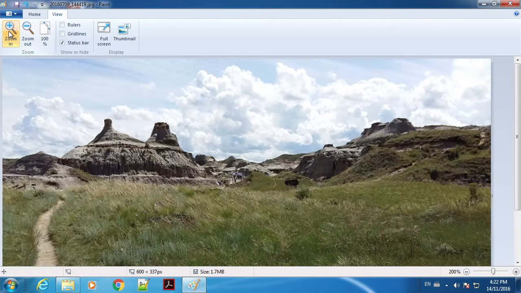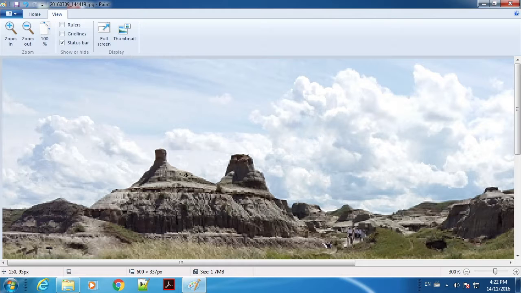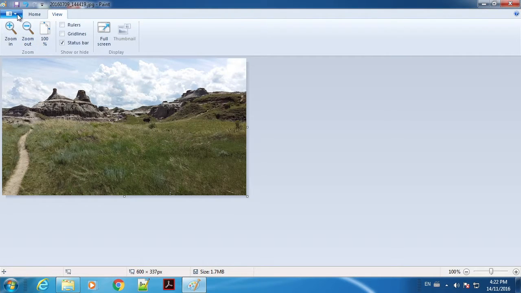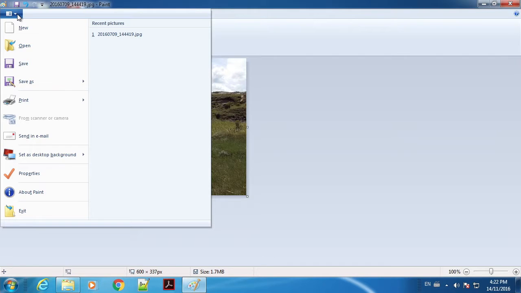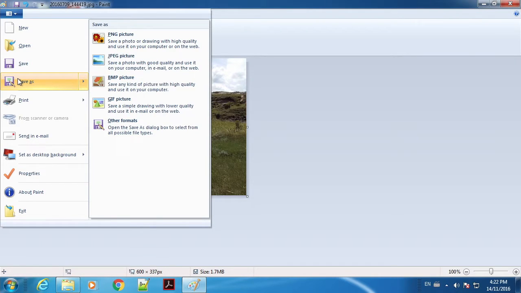Obviously, if we wanted to zoom in on this, then we're going to lose the quality that we had in that original image. So once you've resized your image, just go to the save menu here, and I would encourage everyone to go to save as when you're saving an image that you've resized, so that you don't save over the original version. That's really important. And actually, I normally make a copy of my images before I resize them. So I'm going to save this as a JPEG,